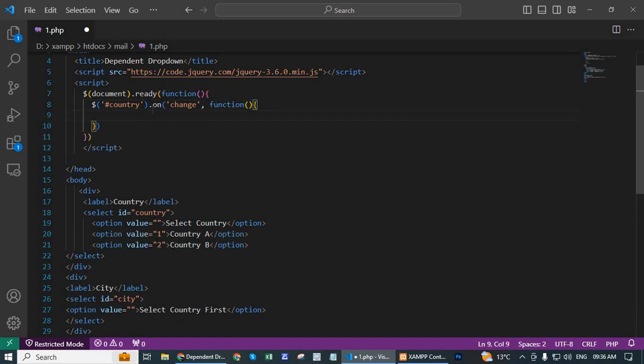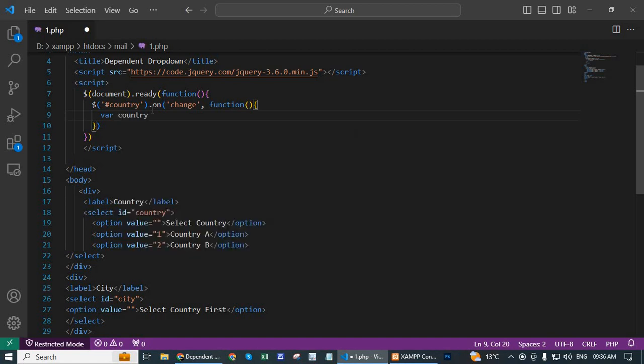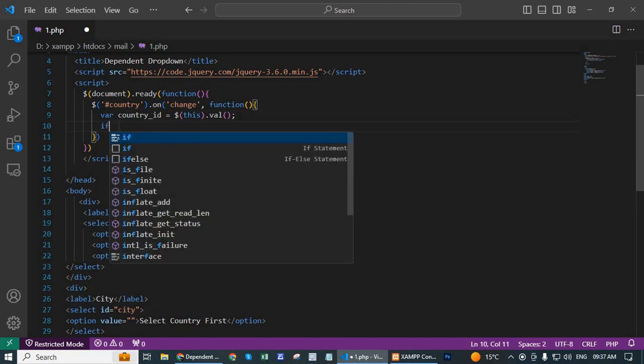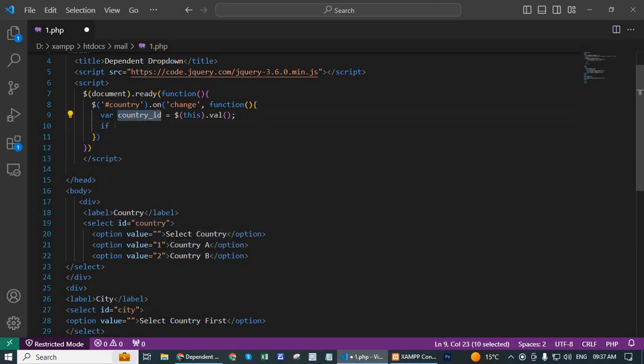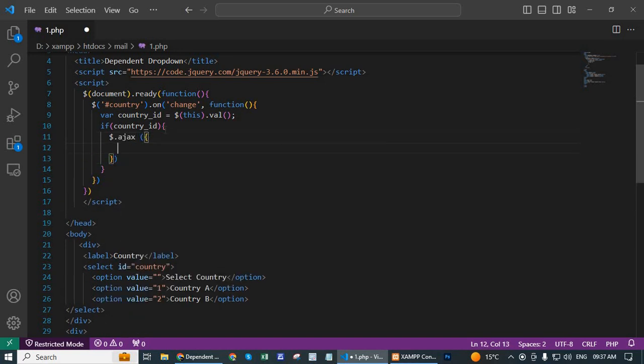{}, write var country_id = $(this).val(); Next, if (country_id) {}, pass this id or this variable. $.ajax({})